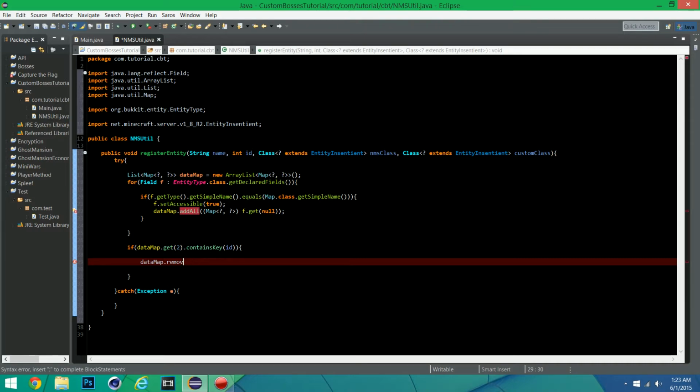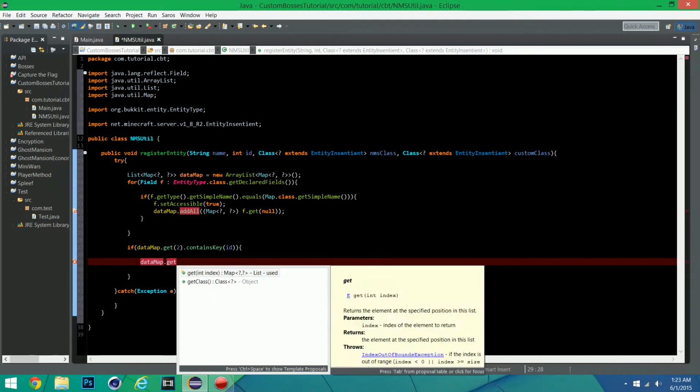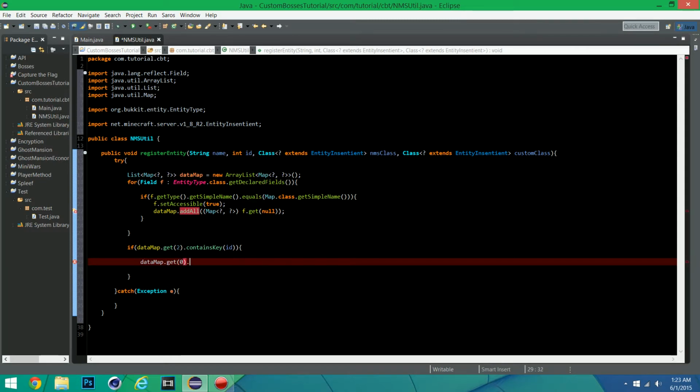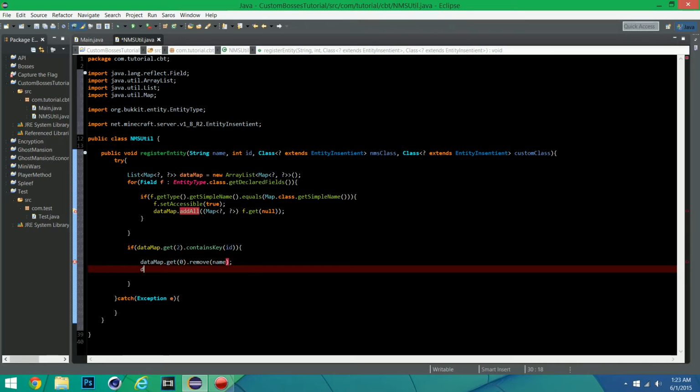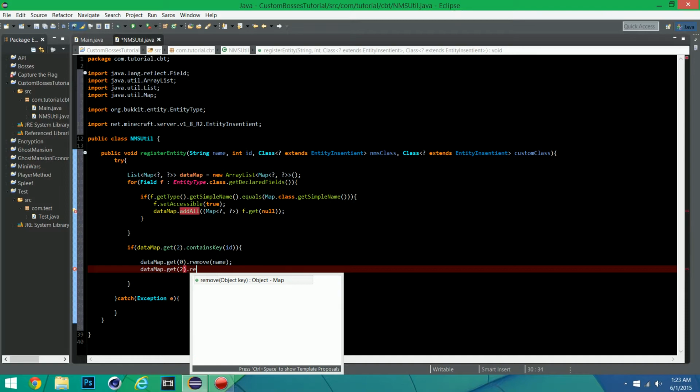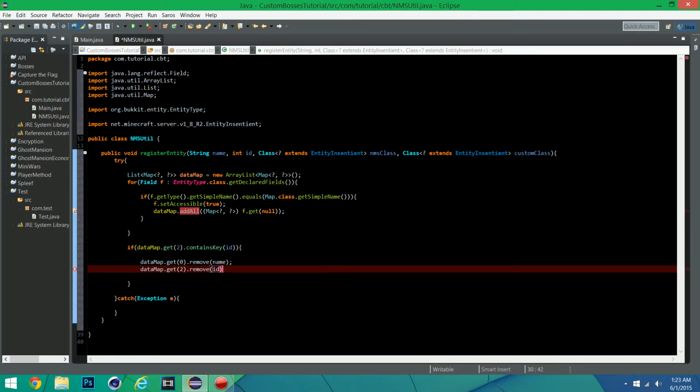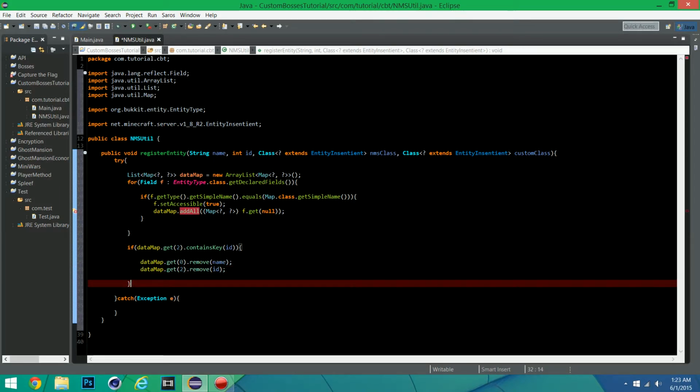Actually, we're going to get 0. Sorry, get 0, which is going to be the name. So we're going to remove name, and then we are going to say dataMap.get(2).remove(ID). So there we go. Now that we got rid of that, to make sure that there is room for our